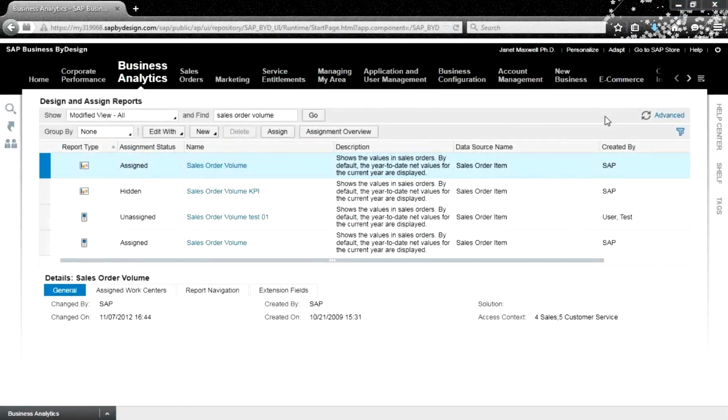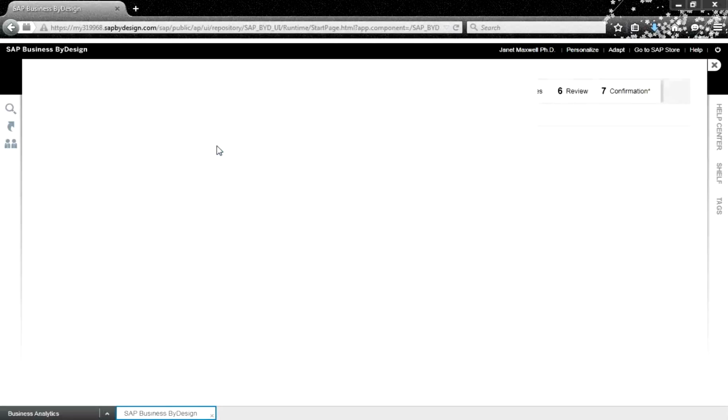To create a new report from scratch, we can either click on New, Report, or Reporter's Copy. I always like to promote Reporter's Copy because it uses an existing report that you're familiar with, and then you can make changes to that report as and when you need. However, there may be requirements that the report that you're after doesn't exist or is not even close to the reports that are currently in the system, so creating a new one is required. So it's wizard driven. We go to New, Report,